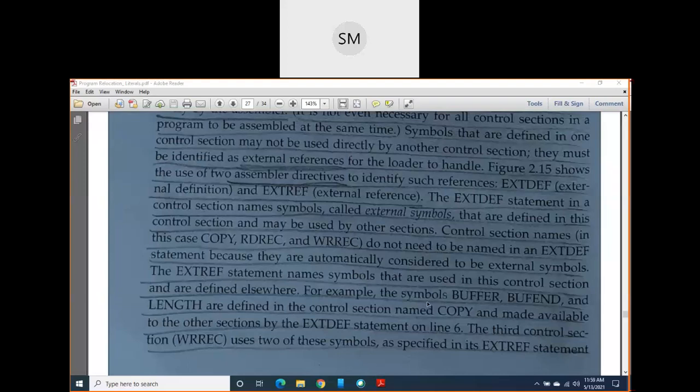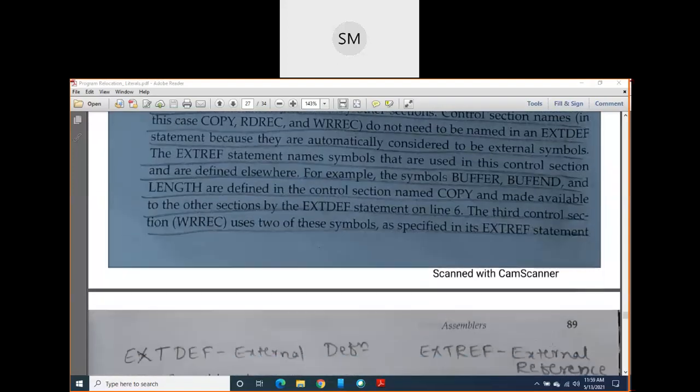For example, buffer, buffend and length are defined in the control section called copy, but they are used in other control sections, so we should write the external definition statement. Similarly, the third control section WREC uses two of these symbols, as specified in the external reference statement.